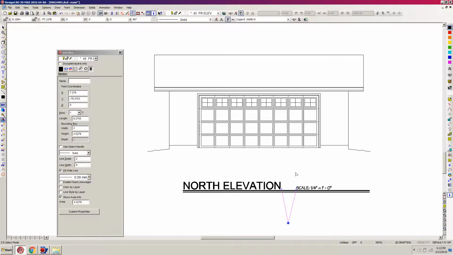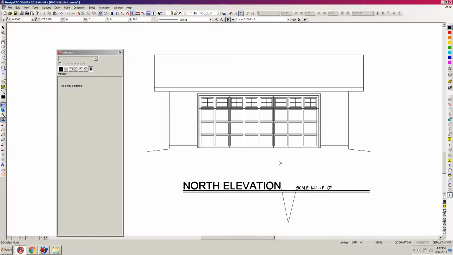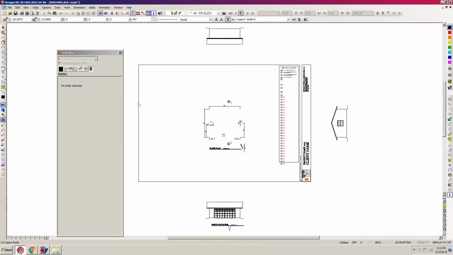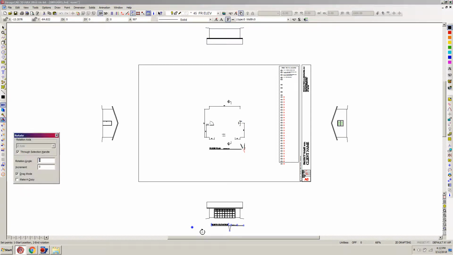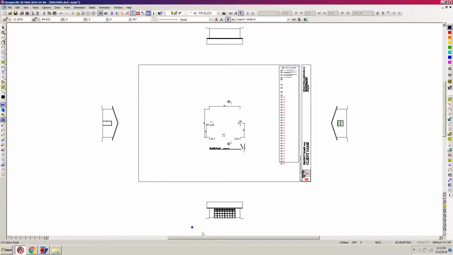And actually I'm going to leave that on for now, because what I'm going to do is use this same text on all three remaining elevations. So I'm going to hit Control W and pull my info box out of the way. And so now I'm going to select this title, and actually I'm going to select it with a handle off to the side a little bit further. And I'm going to hit N and then right click on my handle, and then I'm going to hit R for rotate and hit Tab and then type 90 and hit Enter,